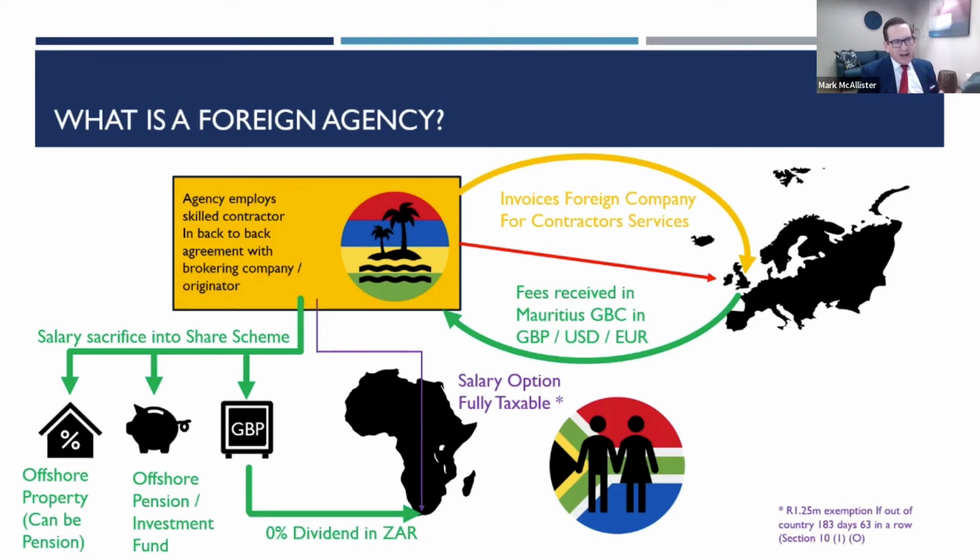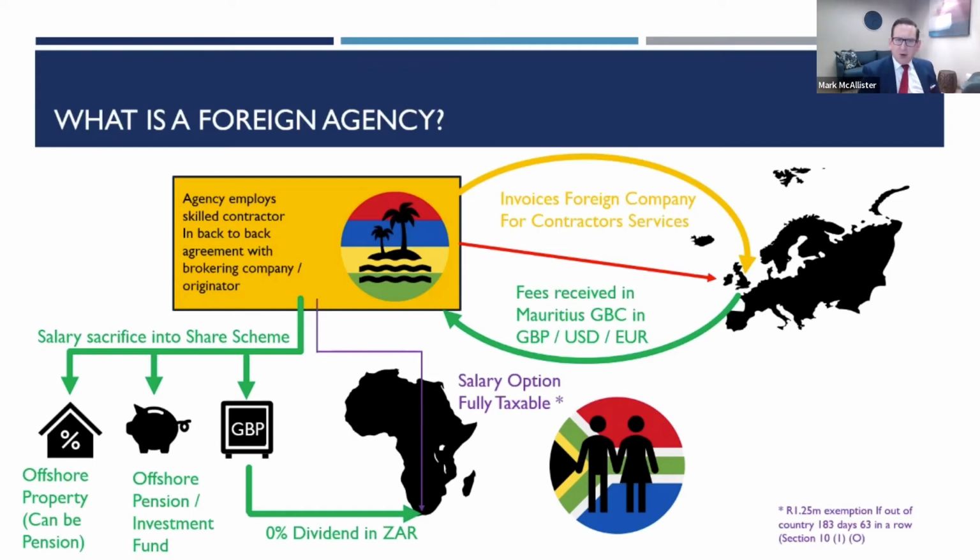What that allows you to do is to pull money back to yourself in a number of ways. The first one, as you said, is a market salary. That would still be fully taxable. But if there is a residue left over, an amount over the market rate, then you might be able to bring that into South Africa as a tax-free dividend using what's called the foreign participation exemption. Alternatively, you can use it to fund an offshore pension investment or an offshore property investment. Some great solutions out there for that.